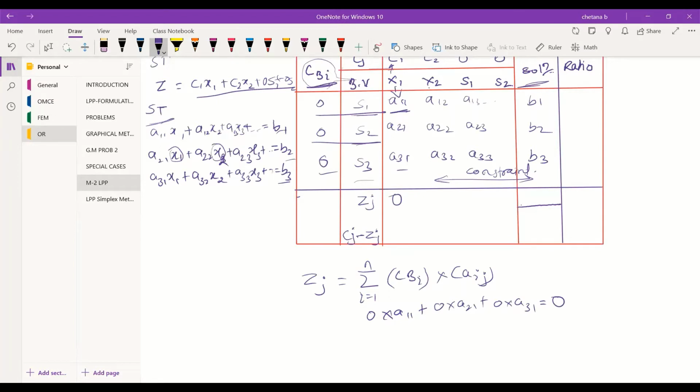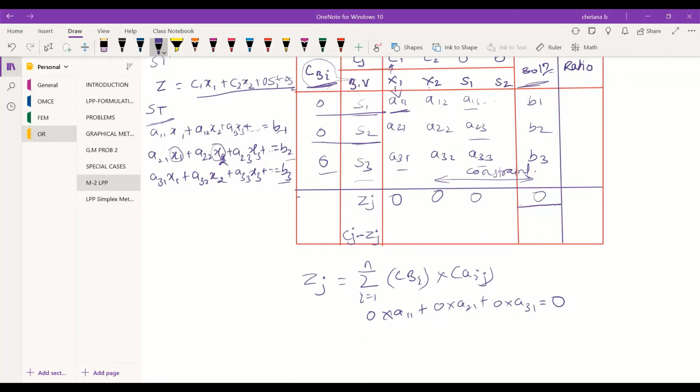Then 0 into 1, 2, 0 into 2, 2, 0 into 3, 2, again you get 0. 0 into 1, 3, 0 into 2, 3, 0 into 3, 3, get 0. So you get Zj equal to all zeros. So in the solution also 0 into B1, 0 into B2, 0 into B3, you get 0.